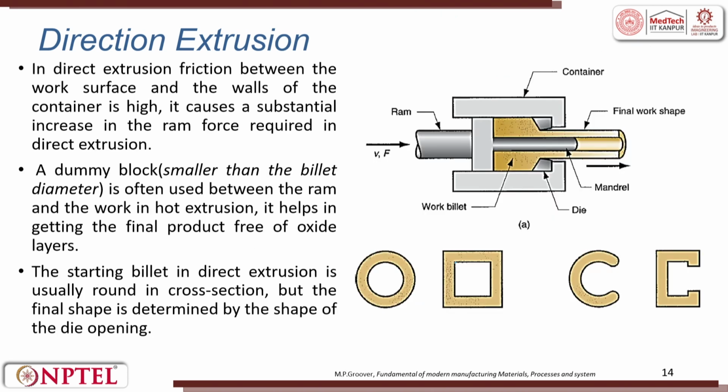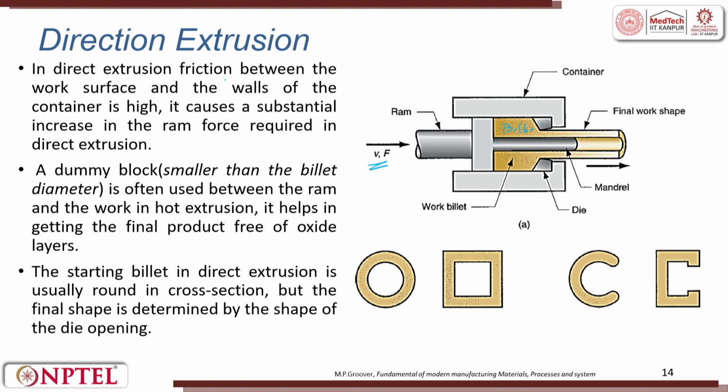Here you can see it in much more detail: the container, the die, these are inserts and, as I told you, the backer plate. The container itself can have some small backer plate. Here you put the billet and the force is applied with a feed rate. You can see an extrusion happening. You can get a hollow tube or a thick full cylinder. Here there is a mandrel, which restricts the material in the center portion, so you are trying to get a hollow tube cross section.